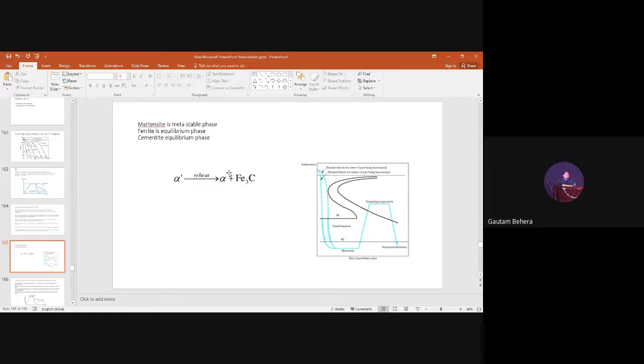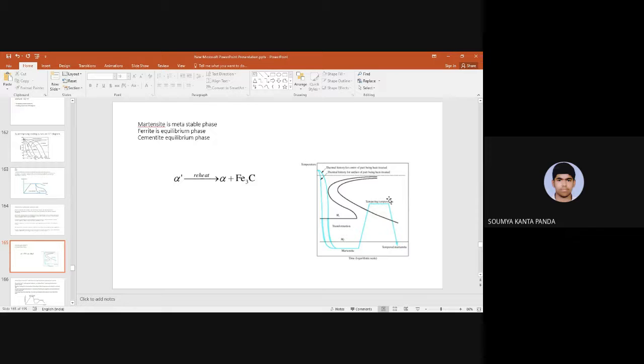But actually, if you look into the whole tempering process, they have divided it into 4 categories on the basis of temperature. You are doing tempering at a very low temperature, or at an intermediate temperature, or at a high temperature. There is a range of tempering temperature, starting from 100 degrees to 700 degrees centigrade for steels. So at what temperature you are going to temper the hardened sample? But the cooling rate is not so essential. You understand why? Why is the cooling rate not essential here?